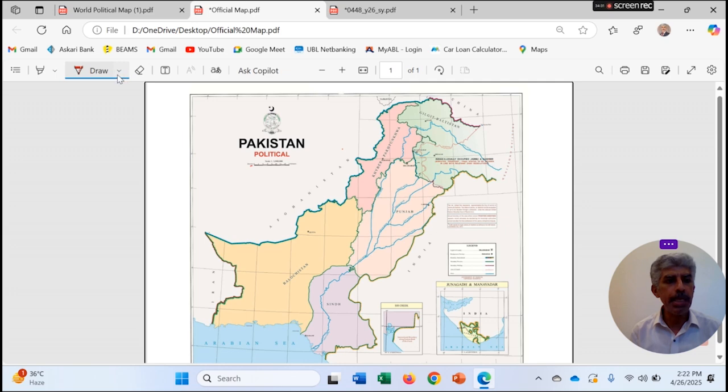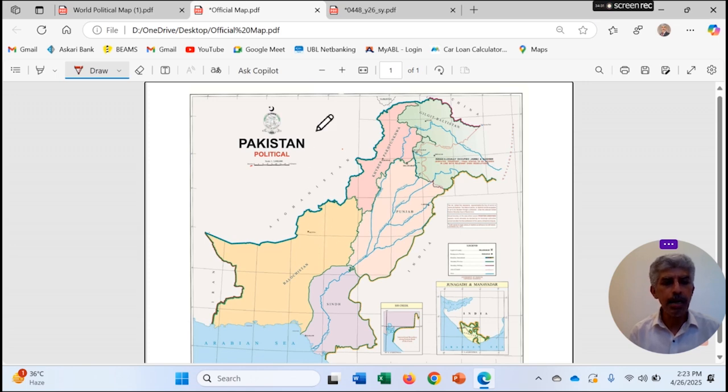But I'm using the official map of Pakistan, and I'm going to identify the major cities of Pakistan. There are few cities which are of Punjab, and very few of Sindh, Balochistan and Khyber Pakhtunkhwa, and of the northern areas of Pakistan. So first I'll talk about Balochistan, as Balochistan has only 2 cities to be labeled,